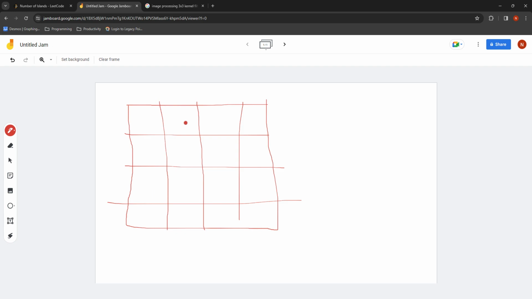And then in this case, since cells can only be connected horizontally or vertically, we know that this is one possible way of connecting, right? Sorry, the drawing looks a little bit messy,